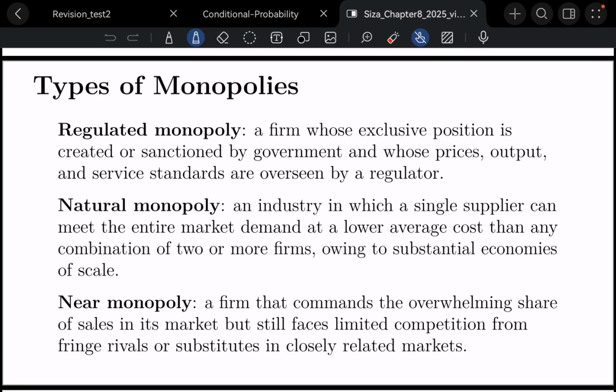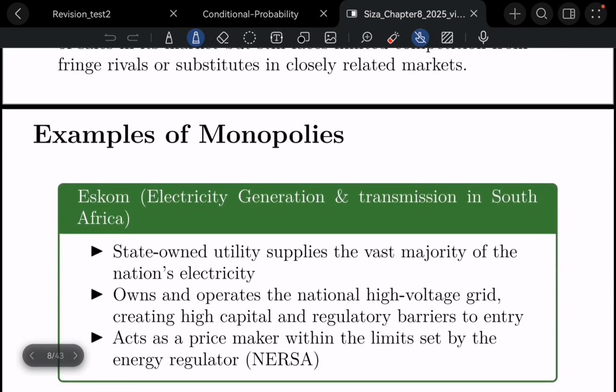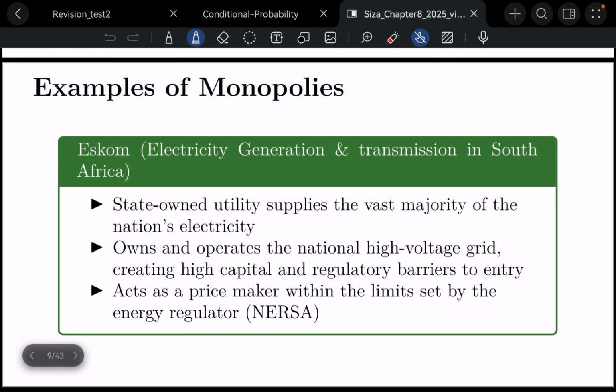A near monopoly is where a firm holds a big market share, right? A really significant market share, so that it seems like they actually are the only producer, in as much as they'll be competing against a few other producers. They hold such a large market share that it seems like they are the only producer in that market. You can also think of an artificial monopoly, and the example of De Beers, which we'll speak about just now, can also be considered an artificial monopoly. And then